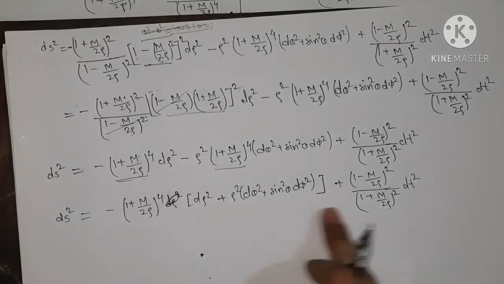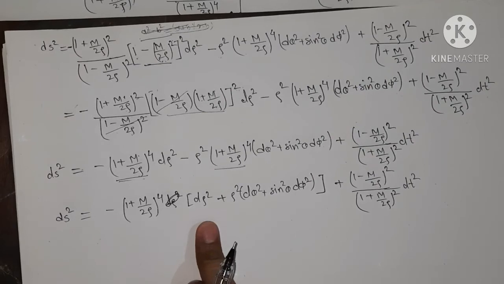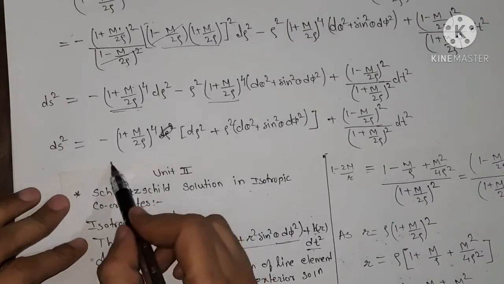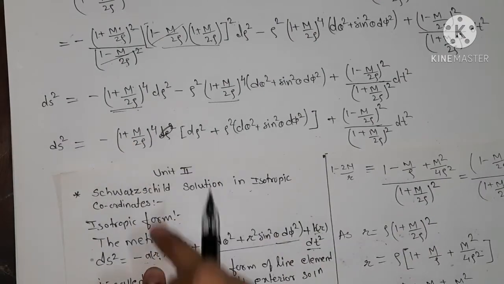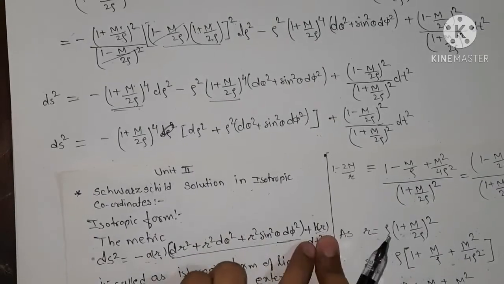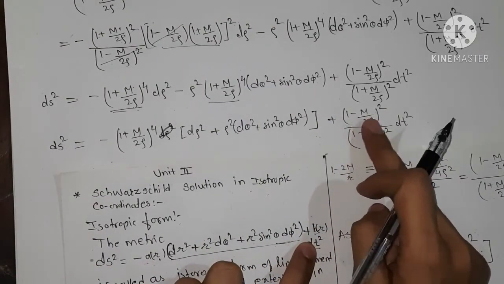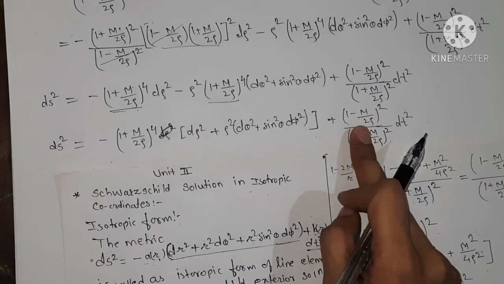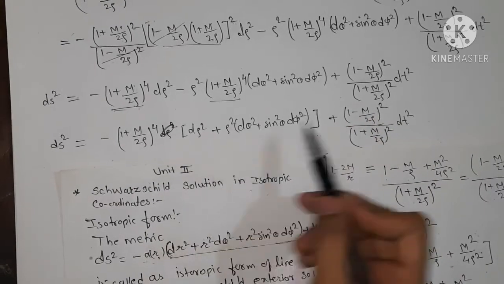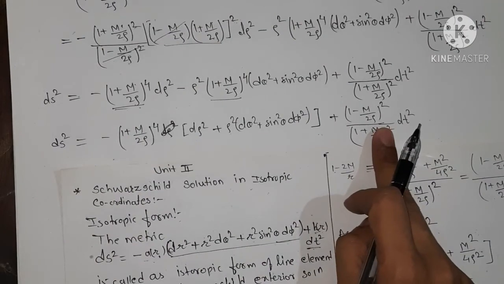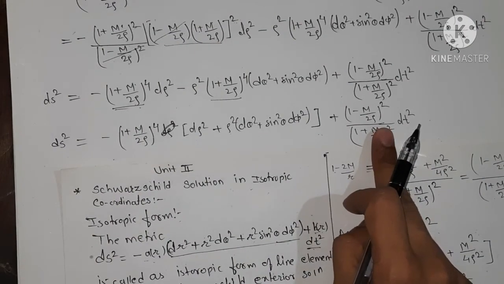So this is our required form, that is the isotropic form of the Schwarzschild exterior solution, as can be seen from this. That is, our given equation is in this form, with the function of r, dr² plus r² into the bracket term, plus b of r dt². So we are changing the coordinate transformation r by ρ, so we have here ρ and here is r. So this form that we have derived here is the isotropic form of the Schwarzschild exterior solution.